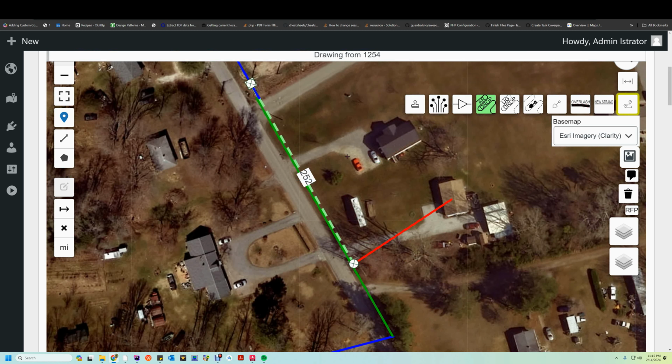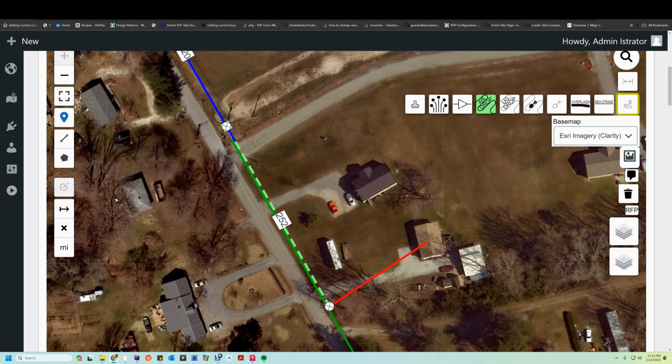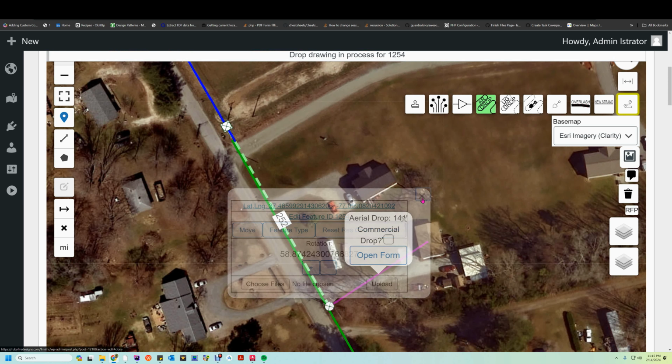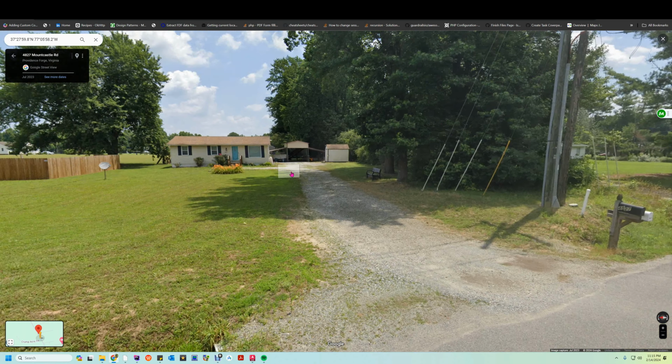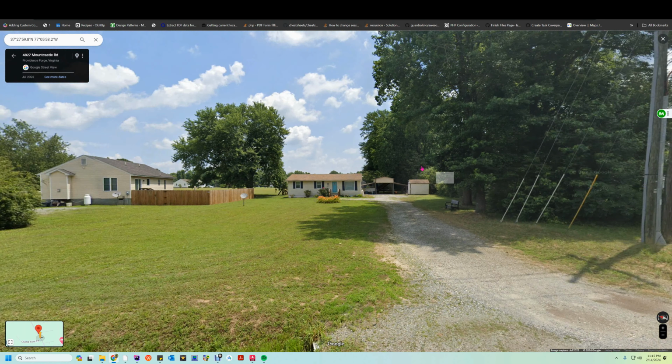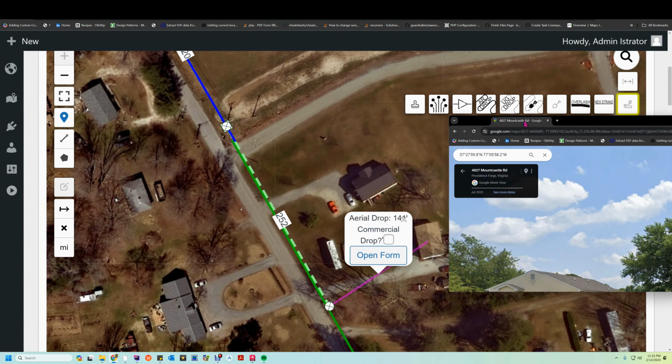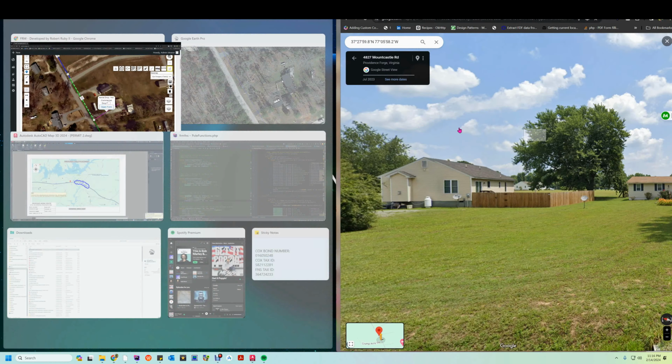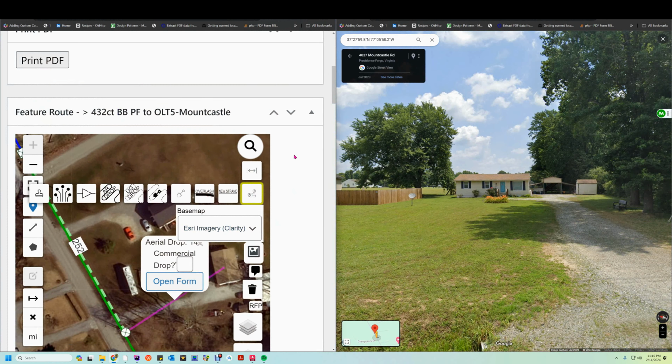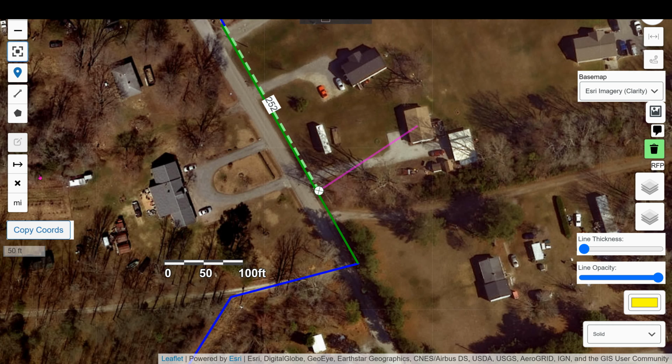What I'm doing here is I'm just displaying how you could draw drops and what this tool does at the end of the video here. But it looks like this is not in the air. And I'm just going to make up the way we were going to run the drop here. Which probably we're going to go along the driveway and then come under it there where that propane tank was